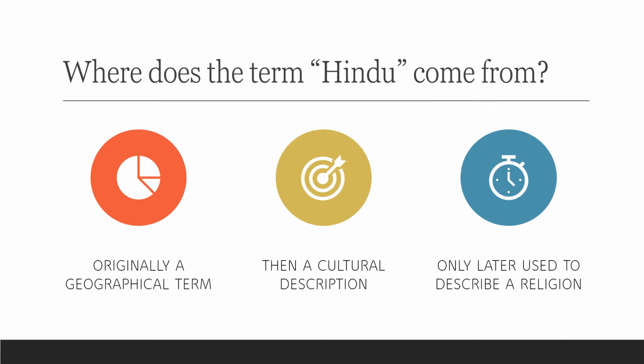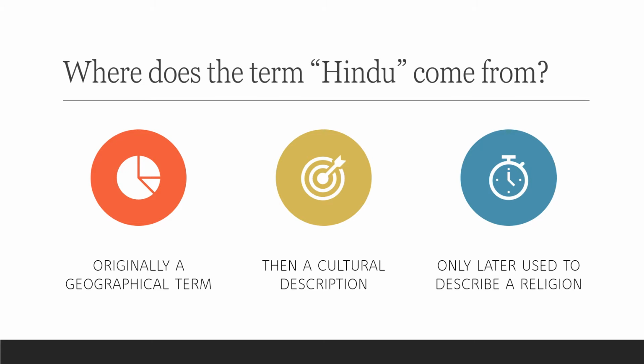Hinduism has been called the world's oldest religion, and it is also notable in that the term for the religion itself, from an internal perspective, is sometimes called Sanatana Dharma, or the eternal law, or the eternal path, or the eternal stream, if you will. As the world's third largest religion, it has over 1.25 billion followers.